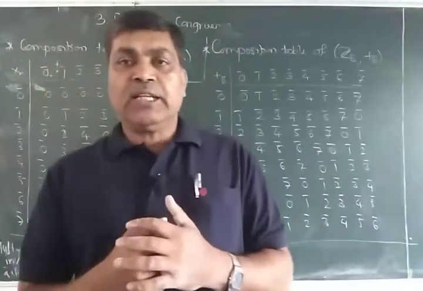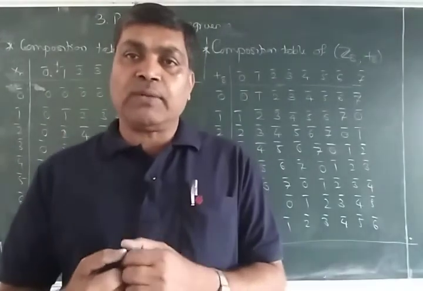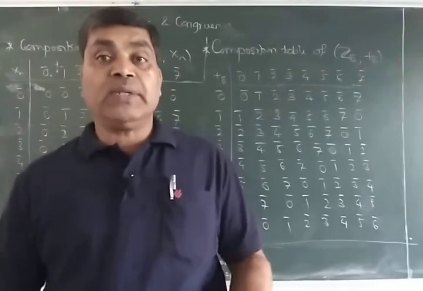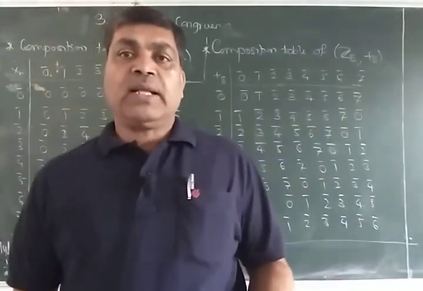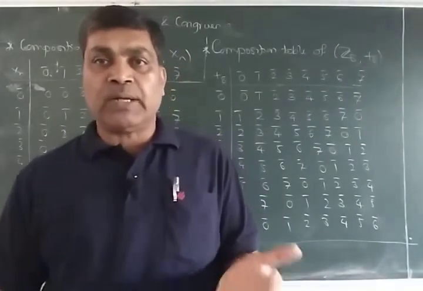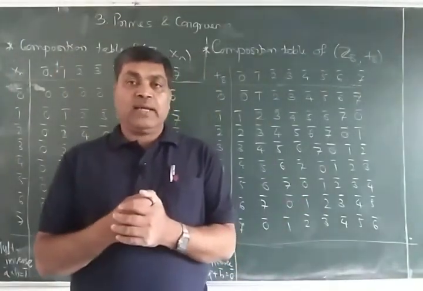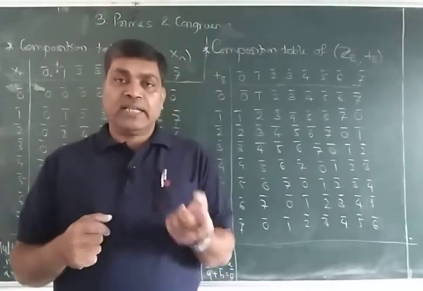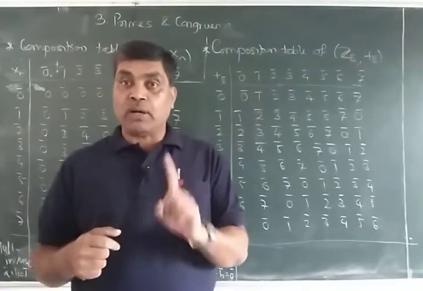Similarly, a bar into b bar is nothing but ab bar, which is equal to r bar where r is the remainder when ab is divided by n. I have also talked about the additive inverse. A bar and b bar are said to be additive inverses of each other if a bar plus b bar is equal to b bar plus a bar is equal to the additive identity 0 bar in Zn. While a bar and b bar are said to be multiplicative inverses if a bar into b bar is equal to b bar into a bar is 1 bar.